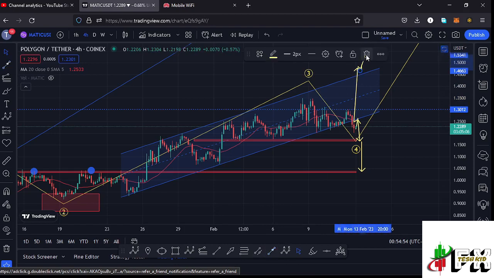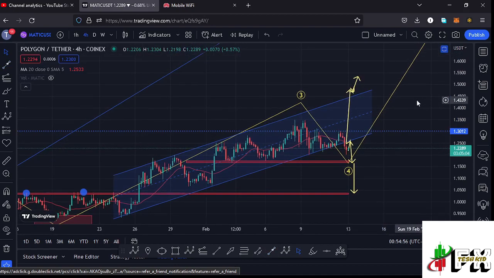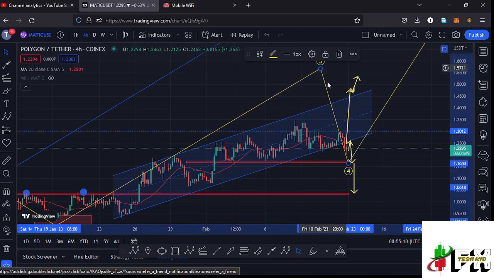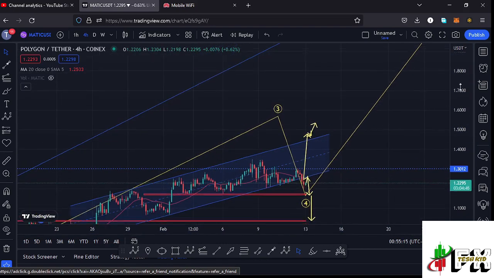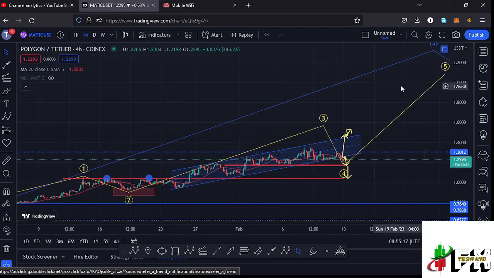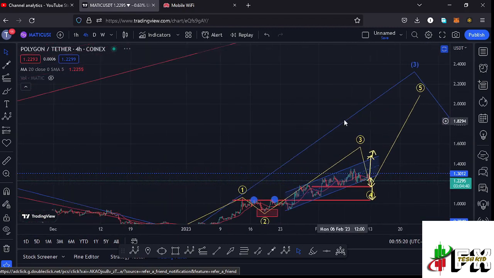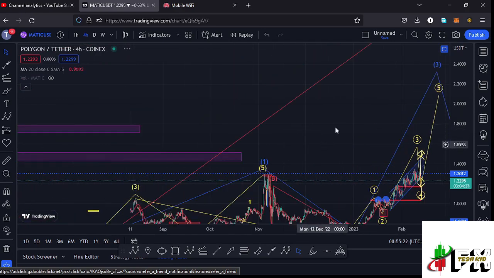fully maximize our target areas to the upside in the formation of that wave 3, and even continue breaking through other key areas on the Fibonacci's that is above the 1.16 fib level in the formation of that wave 3. And once we get a high over here, then I'll be terming the high that we make over here as the high for that higher Elliott wave count 3 before we can expect a corrective structure in the formation of that wave 4, and then continue pushing even higher in the formation of that wave 5 to fully maximize an even larger Elliott wave count 3 to the upside,